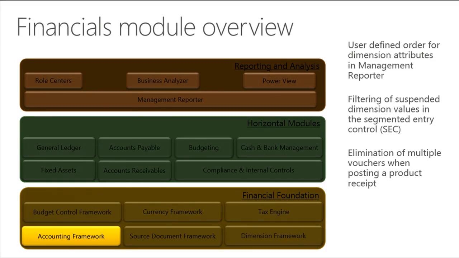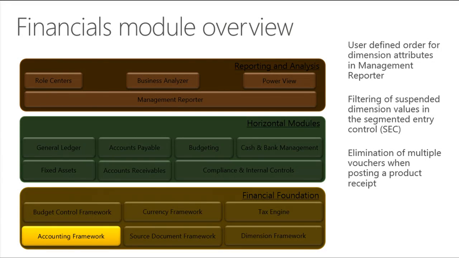Previously, you may have a number of dimensions that you're using inside of your organization as a shared chart of accounts. Maybe one of those values isn't relevant to a specific company. Previously you could filter on that company and say that this value is suspended for this company. It would still show up in the lookups, although you'd get an error message when you selected it. What we've done now is build additional logic that not just gives you that error message, it will remove it from that lookup for you.